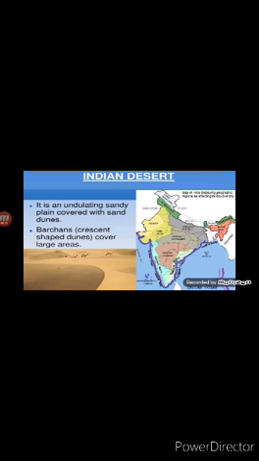Children, a dune is a landform and is a large mass of wind blown sand which is most common in desert environments. Barchan, a crescent shaped dune, covers large area. Children, barchan is a crescent shaped sand dune produced by the action of wind predominantly from one direction. This is one of the common types of dunes which occurs in a sandy desert.